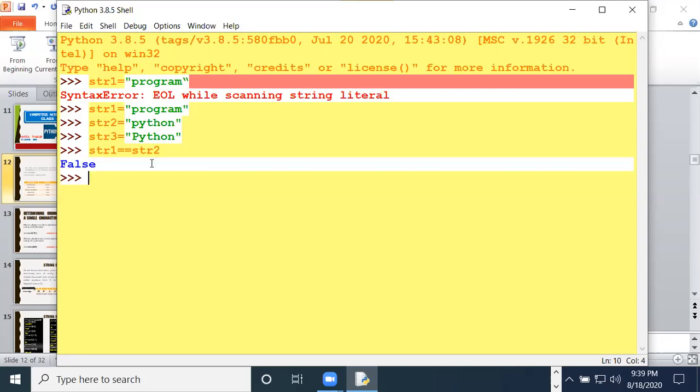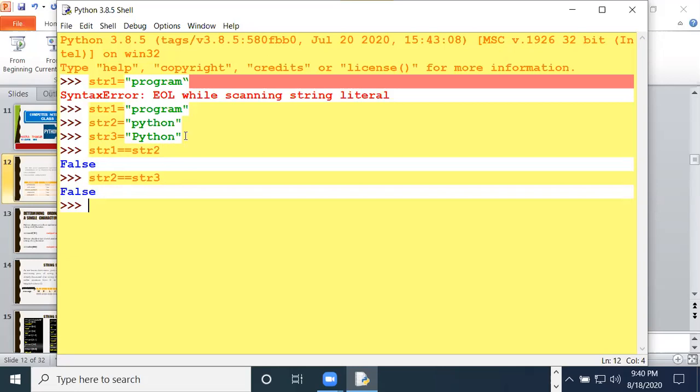I am comparing again str2 with str3. Both are written as Python, but one is a capital and another is small, so both will also be treated as different. That's why it is showing false.